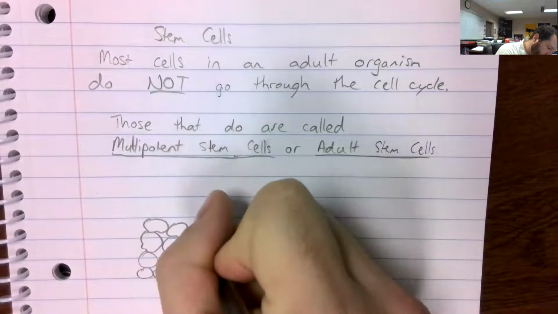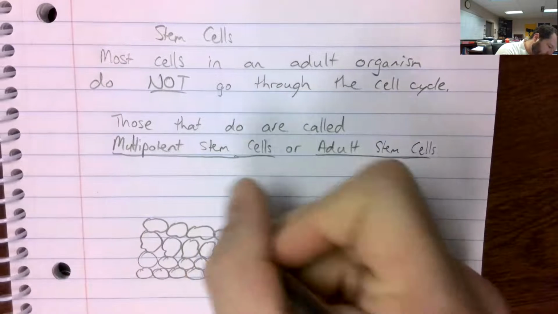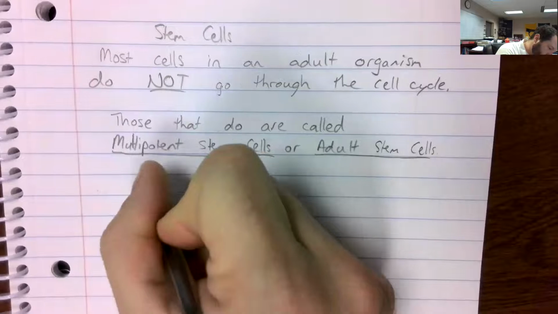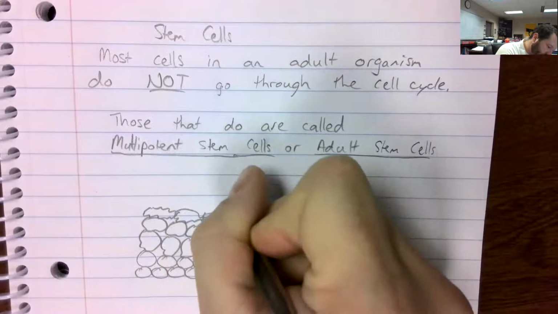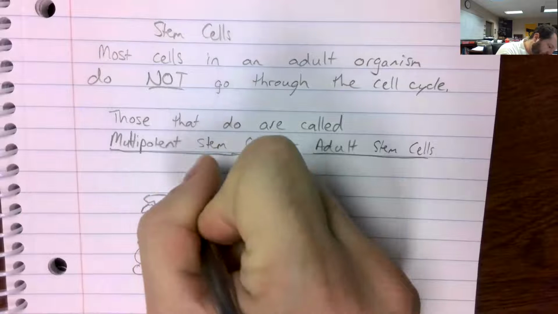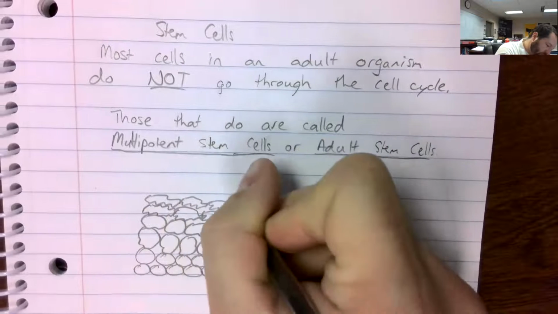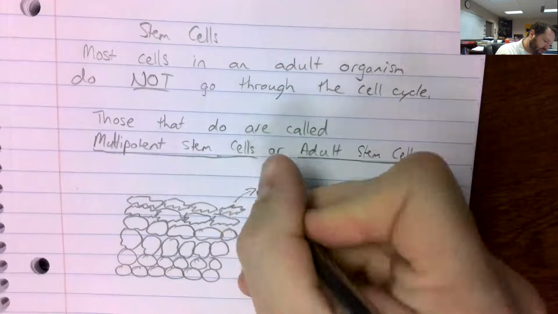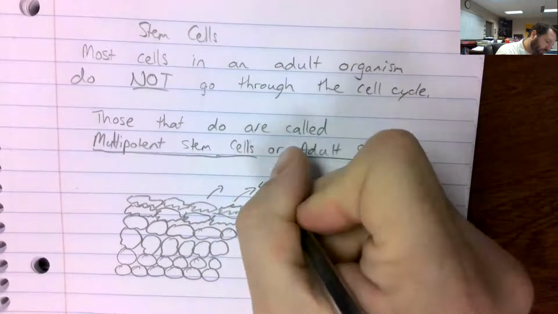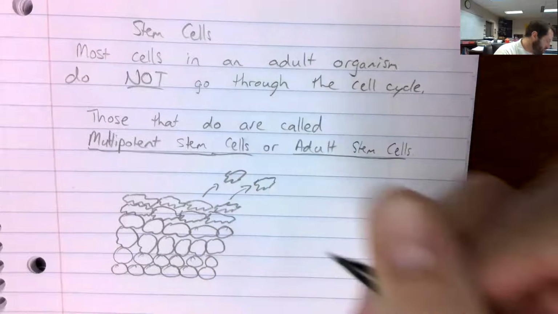Eventually they dry out, and well, actually they end up dying. Your top layer of skin cells are dried out, dead cells. And in fact, you're constantly losing that top layer. They fall off, and not to gross you out or anything, but